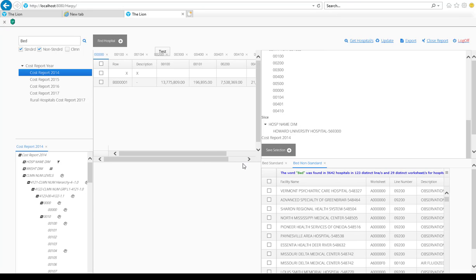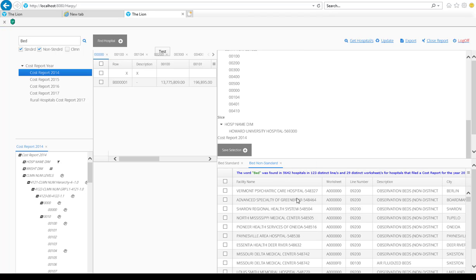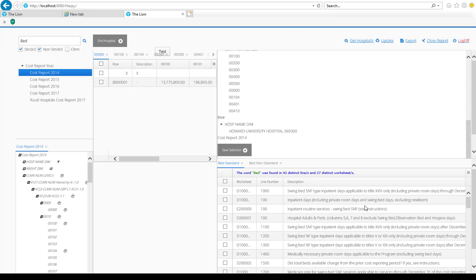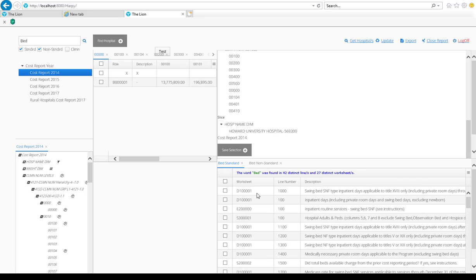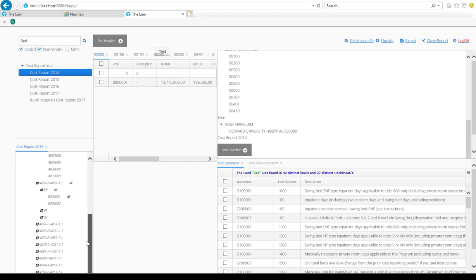And there's your answer. So it's saying that I found 5,600. On the standard line, it says it found the word bed in 42 distinct lines in 27 distinct worksheets, and it lists the worksheet number and the line number. So if you wanted to select this, for example, you can come over here, simply go into the worksheet, and locate this worksheet D1, which is listed as part of the tree. Here's your D, and if you look at D1, it says